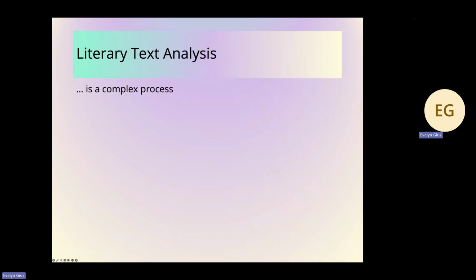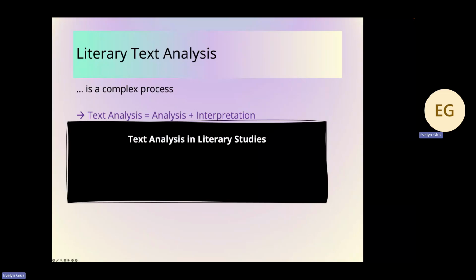Right, so what I said with many words now is written here. Literary text analysis is a complex process. Why is that? Well, it is because text analysis is also a wording problem, of course, because text analysis generally encompasses two things. One is analysis and one is interpretation. And that's why I always say text analysis in literary studies is basically a black box, right? So in order also to juxtapose it to the computer science thing where people say, yeah, these algorithms are all black boxes, or at least what they do and how they produce results, especially, for example, at the moment in the case of generative language models.